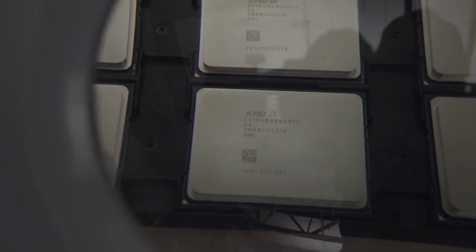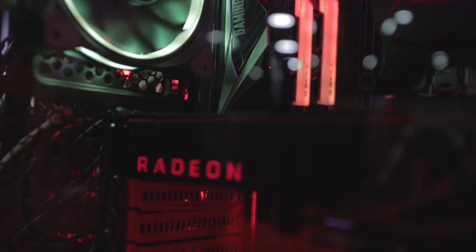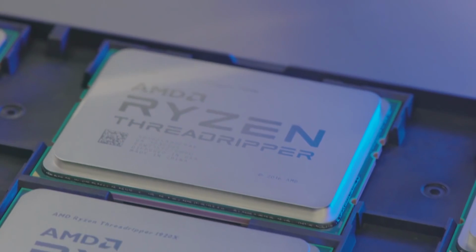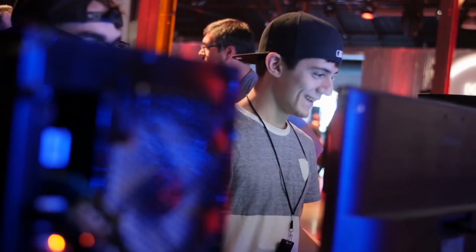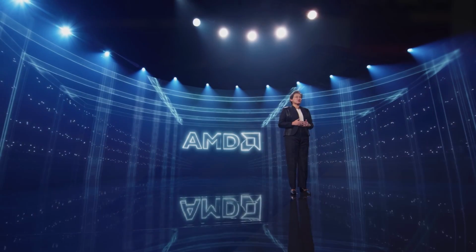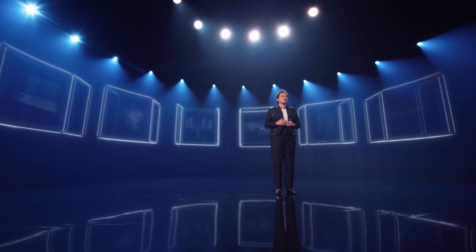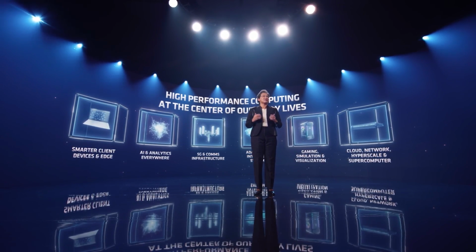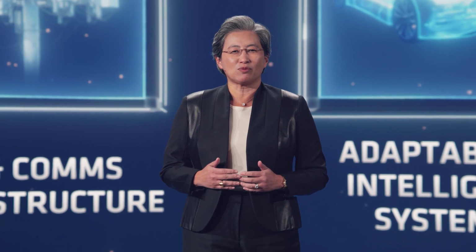Firstly, cost. It's getting too expensive to be on the latest nodes, and AMD is at the mercy of TSMC's hunger for higher margins. I think it might become impossible to continue building monster CPUs on TSMC's newer nodes, even with a chiplet strategy, unless AMD is fine with passing those costs down to consumers, a strategy that I think is too risky. So the alternative is to offload as much as possible off of the CPU cores and into